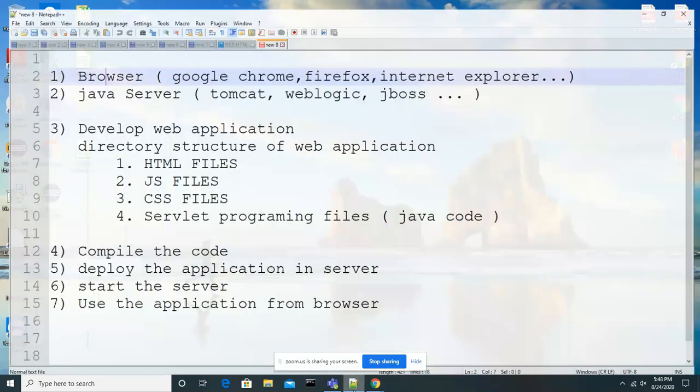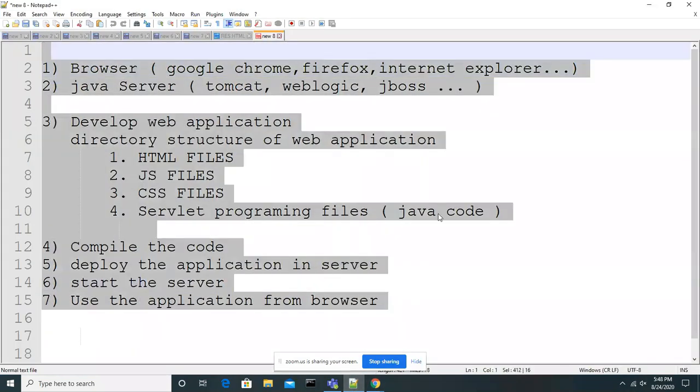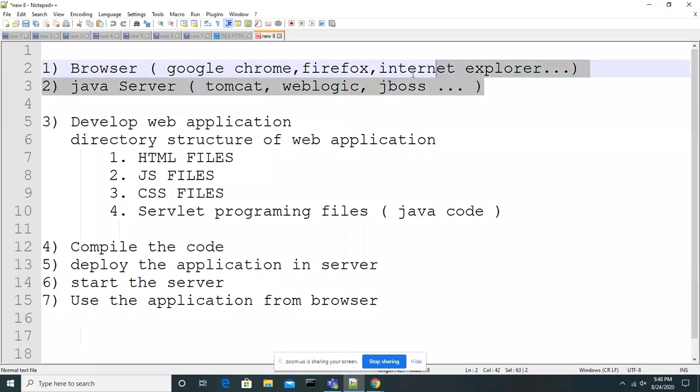Yes, sir. So yesterday we discussed these points, right? If you want to develop any web application, mainly we should be ready with these two things as part of development. We know how to install all these things, any one of these, because we are already familiar with these browsers. Mostly we use Google Chrome, Internet Explorer, Firefox. So these are the browsers. We can say it is client software, and then the servers: the Tomcat server, WebLogic server, Java server, something like that.